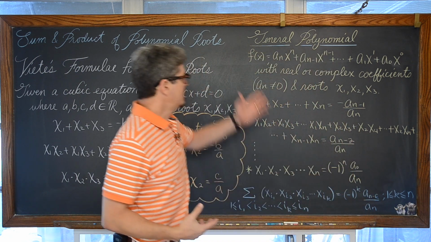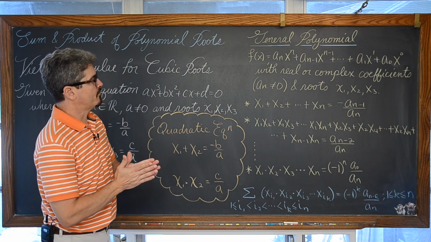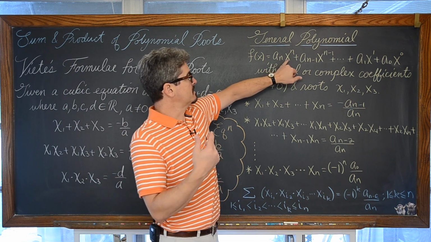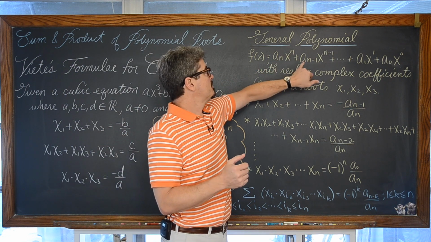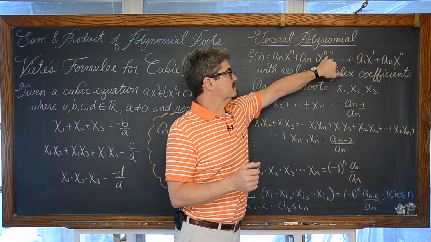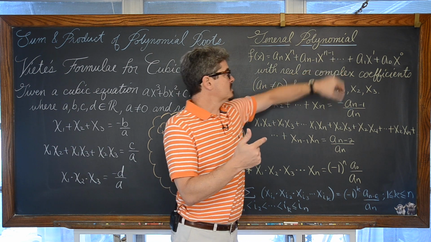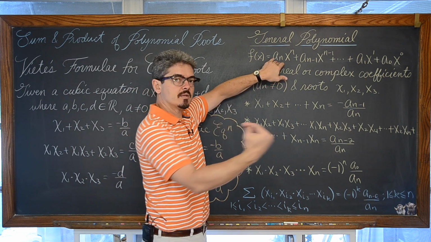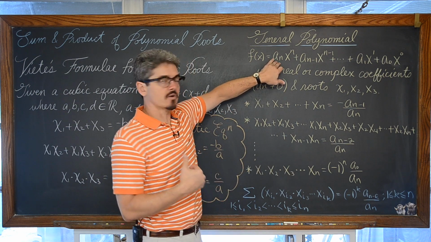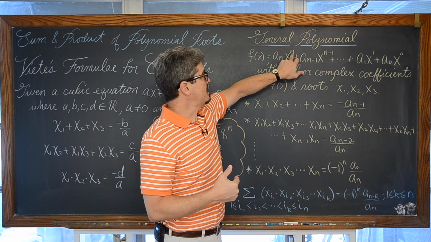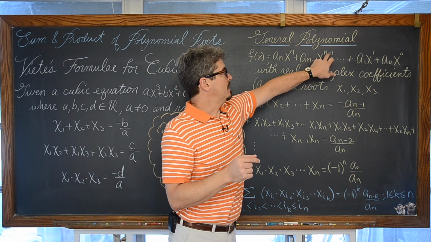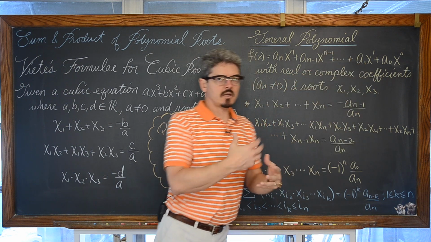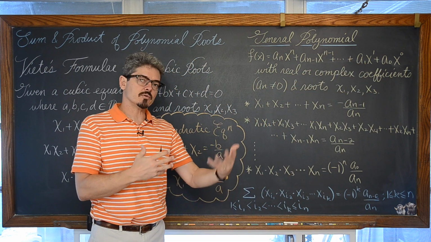Well, we can see it as we look at our general form. For a general polynomial, f of x is equal to a sub n times x to the n power plus a sub n minus 1 times x to the n minus 1 power. So as you look at this and I read this out, a sub anything is just the coefficients of each of our terms, and that same power, n minus 1, the power matching the subscript, that's going to be the power that's applied to the variables that are in our polynomial.